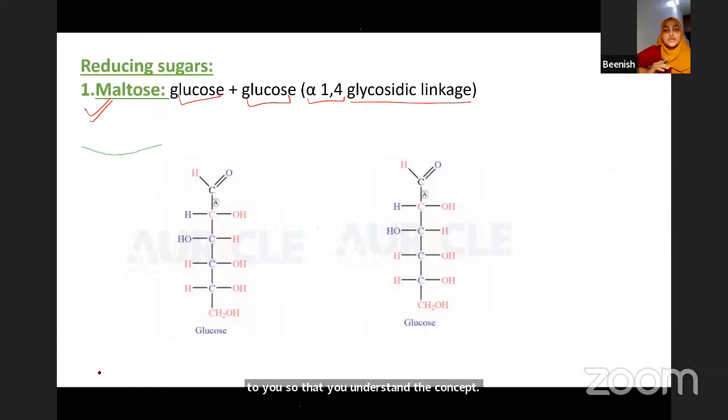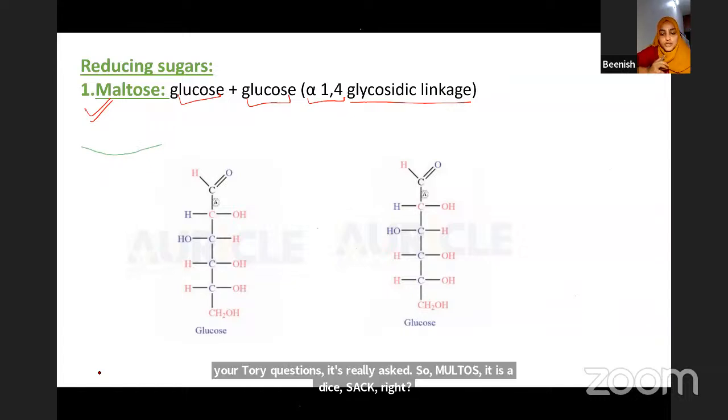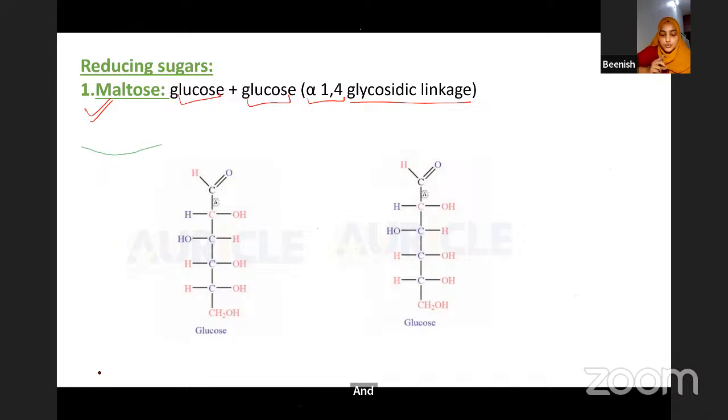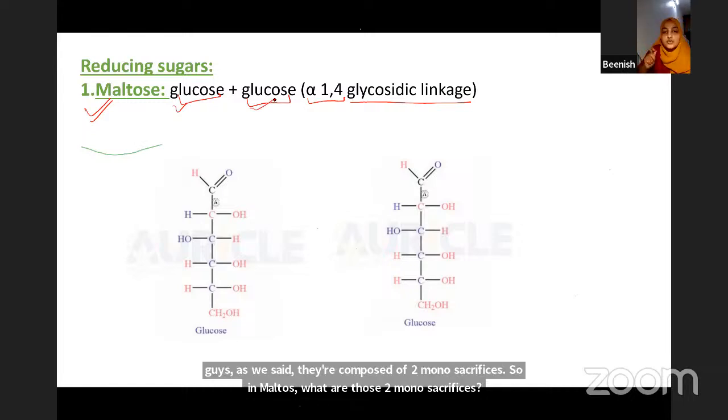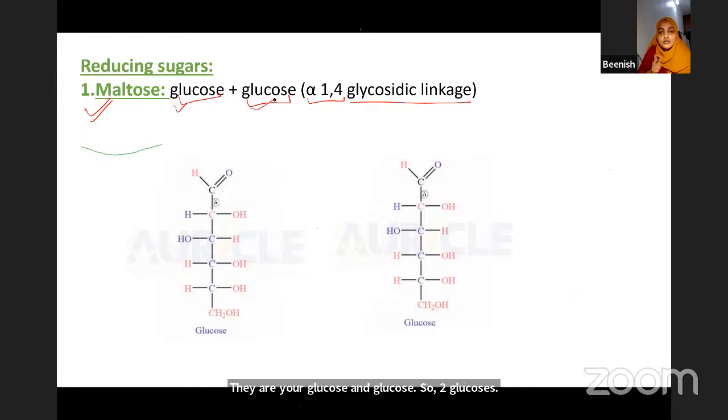So maltose is a disaccharide, and disaccharides, as we said, are composed of two monosaccharide units. So in maltose, what are those two monosaccharide units? They are glucose and glucose. So two glucoses join together to form maltose. And how are they joined together? They are joined in an alpha 1,4 glycosidic linkage. Now, what is alpha 1,4? Now, alpha here,